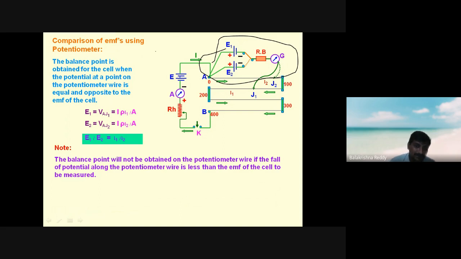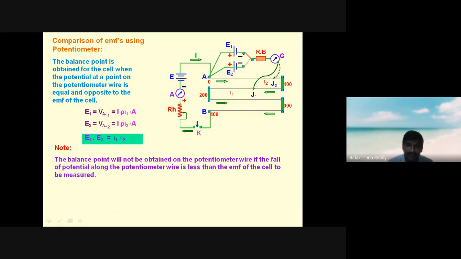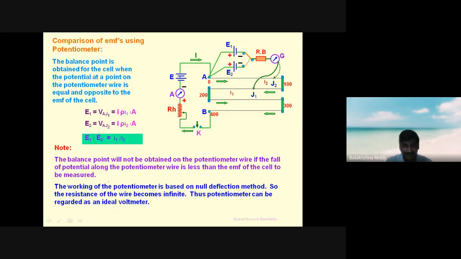For my question, there is another experiment in this. For example, to find the internal resistance, everything is the same, but I'll connect only one cell. This cell I'm not going to connect there. If I connect one cell, this cell's internal resistance I'm going to find. As usual I'll find it, but there is a small change in the formula. We already studied the relation between the internal resistance and terminal voltage. With respect to that formula, we will go on.